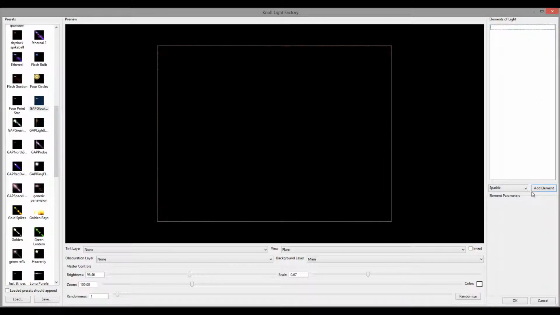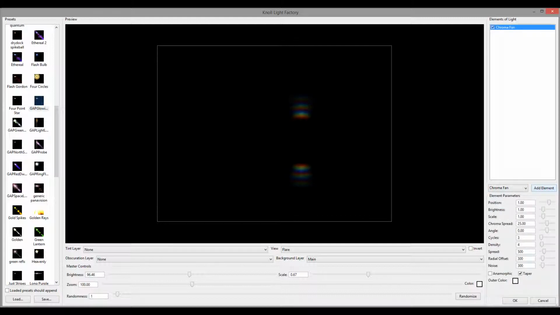Okay, so let's go ahead, delete this one, and we have the last one, Chroma Fade. You noticed before we were using one with a kind of color, which was Chroma Rings. This one has a similar idea, but we have more properties here. We have the position of this element from the center. Overall, we have the brightness of the element. We have the scale of the element. We have a chroma spread,